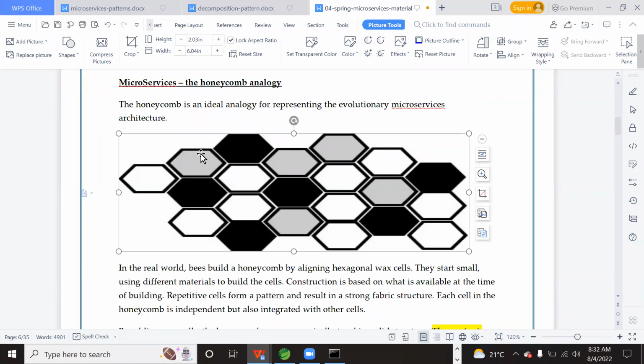Point two: if all the honeybees construct the wax cells like this, finally a huge fabric structure will be framed. That is called a honeycomb. Point three: while constructing these wax cells, honeybees will use the material available at that moment and then construct these wax cells.